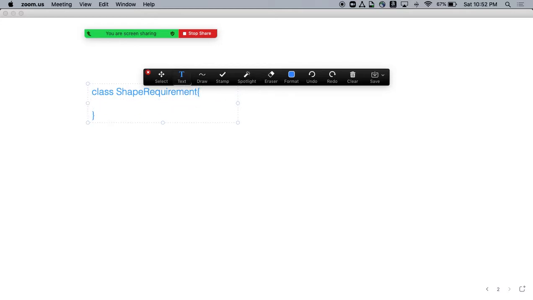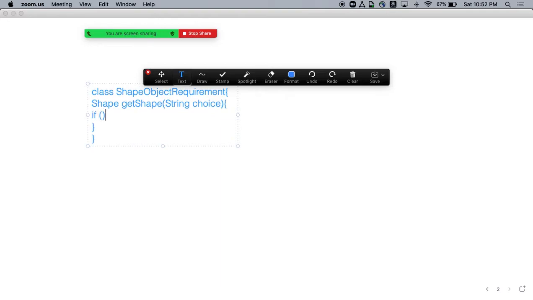Inside this we have a method called void, and in this case we publish a shape object requirement. We will call this method get shape, and as an option we take something called choice.